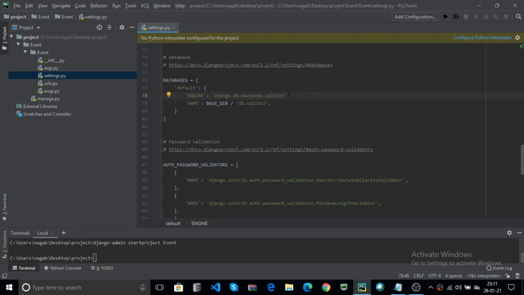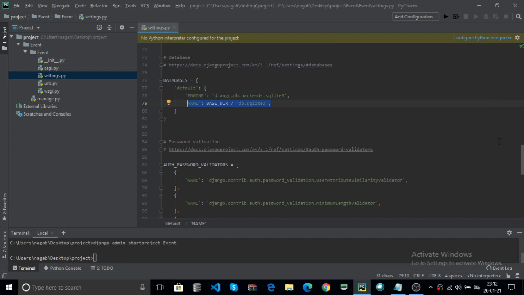You can use MongoDB, where the structure is different. Instead of name, you can give the host name, your database name, and your port name, the database username, and database port. You can use any database like Oracle or PostgreSQL. You can use PostgreSQL here instead of SQLite 3. Here you can give the host name, your database name, username, password and port number.